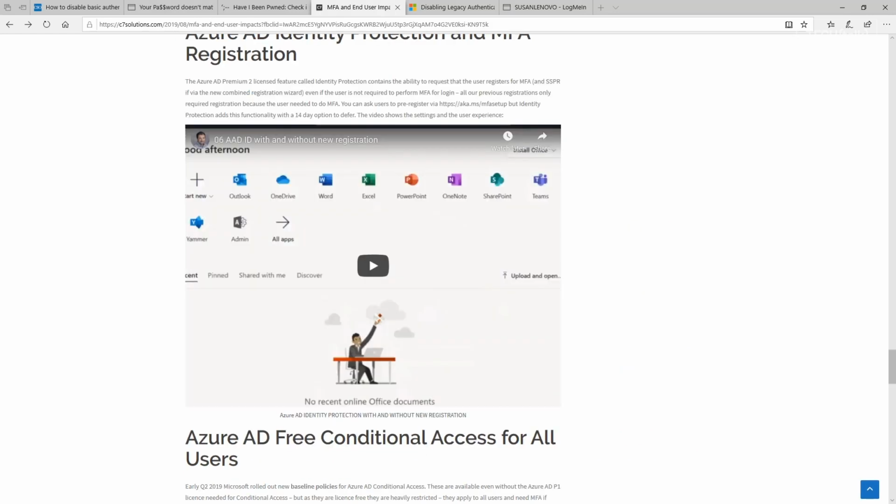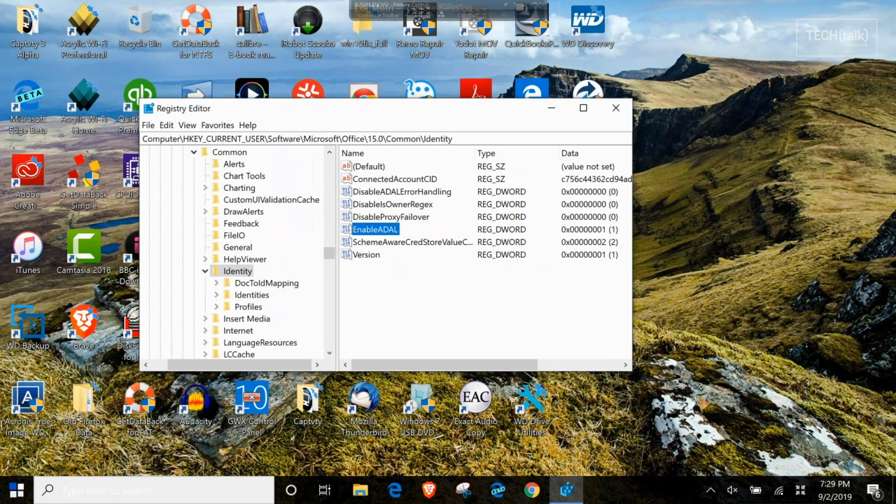You'll also have to make sure that hybrid authentication is working in your Exchange environment. And if you still do use Outlook 2013, you'll have to make sure certain registry keys are in place. For example, you'll have to enter 2 registry keys under HKey Current Users, Software, Microsoft Office 15.0, Common Identity, and then enable ADEL, and then go down to Version, and make sure you've got a DWORD registry key of 1.